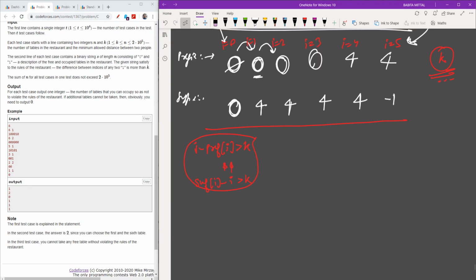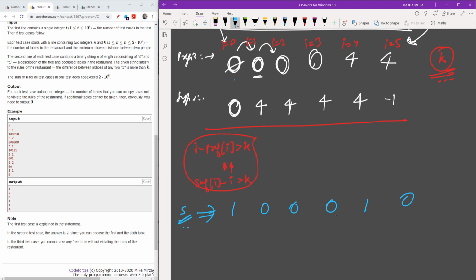So let's check. I have initially 1 0 0 0 1 0. Now I need to update this array, which means I need to update this string. I will check for every value. If I minus prefix of I is more than k, so 0 minus 0, is it more than k?